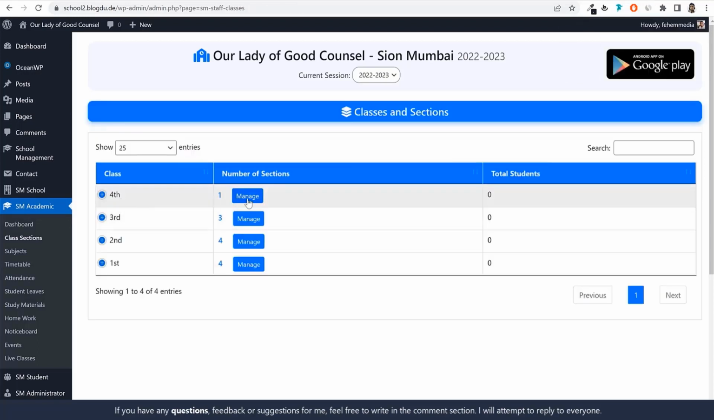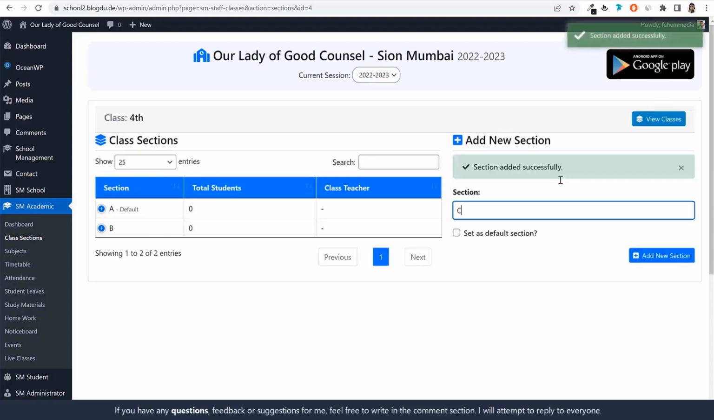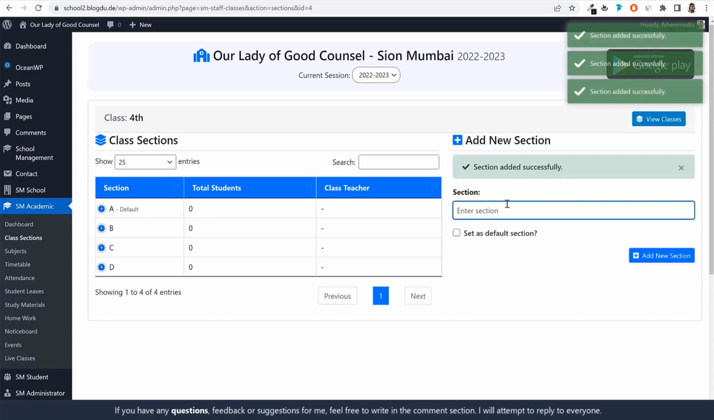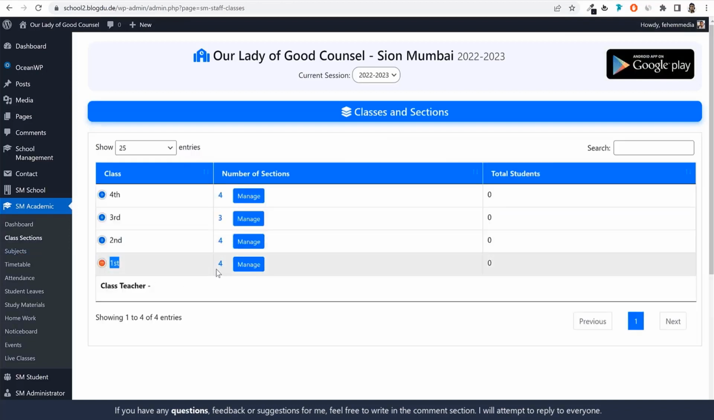Then we have class 4. So we'll select B for class 4, C section, D, C division, B and D division, all these things. So you can do it like this. If you again come back to class sections, you can see first class has 4 sections, then second also 4, third 3, fourth 4. Now let's see how we can create different accounts or different database for different teachers, and